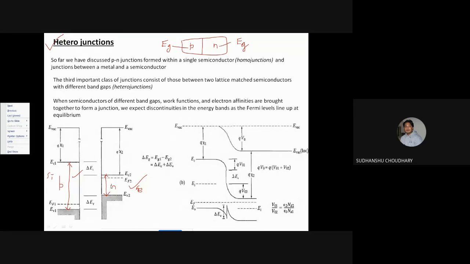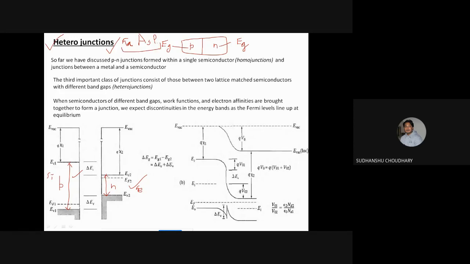Now, these kinds of heterojunctions have certain applications. They are useful in certain applications, for example for LEDs, which are fabricated using gallium arsenide or maybe gallium arsenide phosphide. So these LEDs formed by gallium arsenide and also gallium arsenide phosphide are an example of heterojunctions, because all these semiconductors, gallium arsenide and phosphide, have different